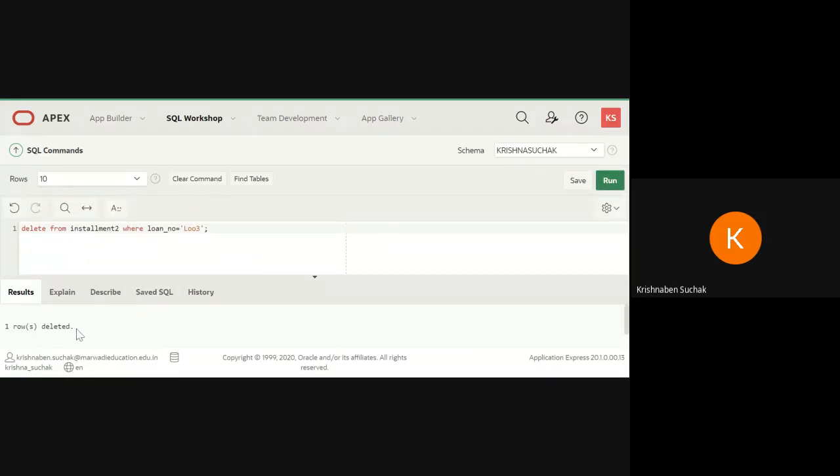One row is deleted. Okay, so my loan number was L003. That record is deleted. Okay, done.